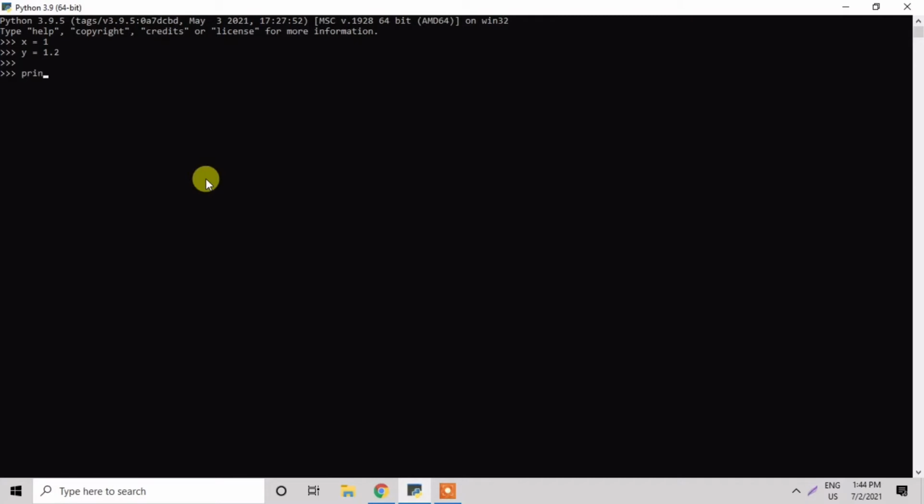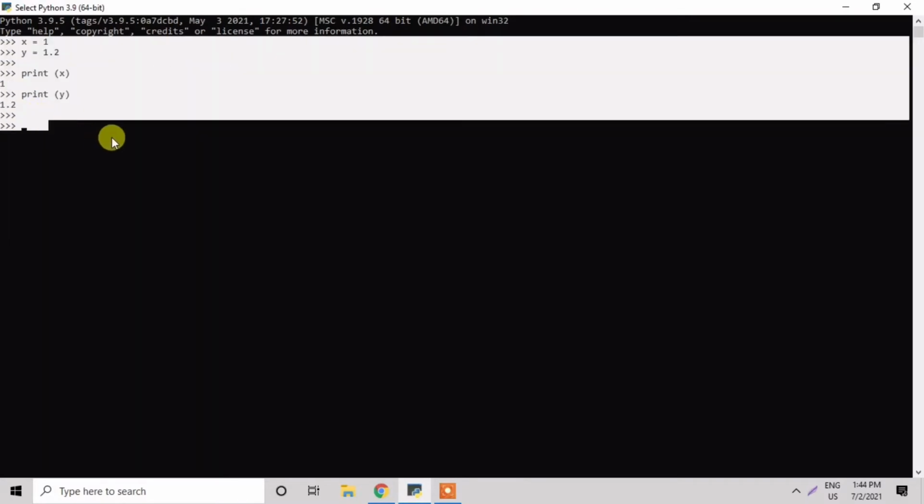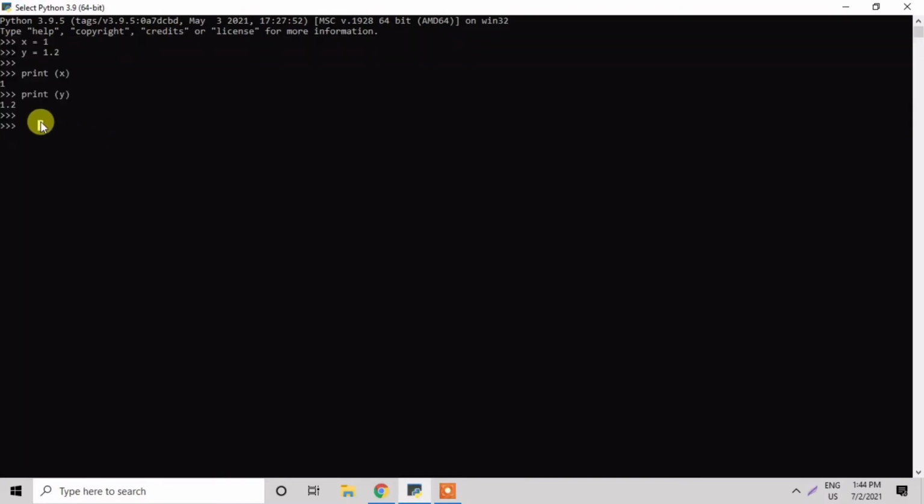And now we will print the value of variable x and variable y. So we can see the output of variable x, that is 1, and the y variable value is 1.2. So this is the simplest way to use variables in Python.